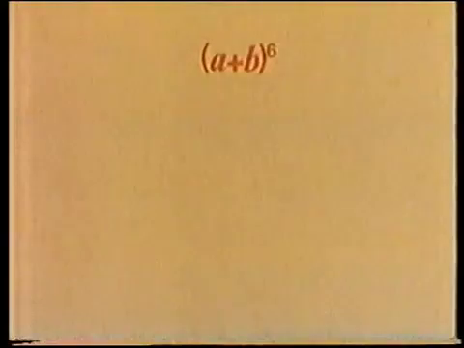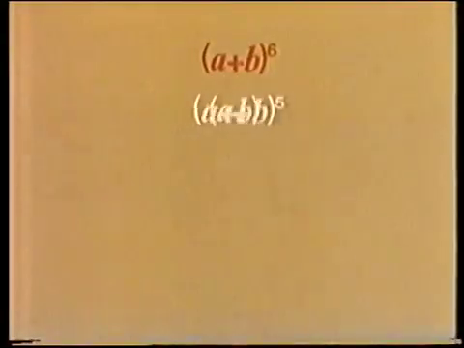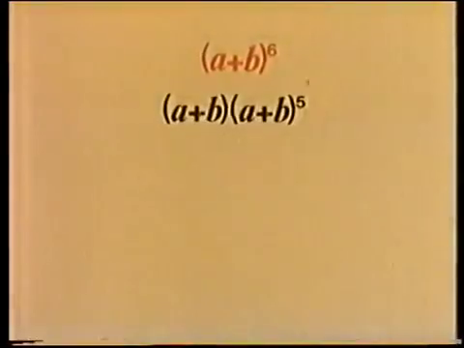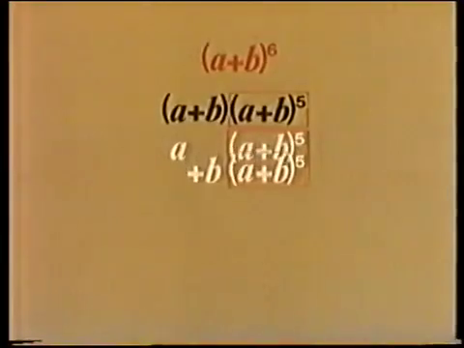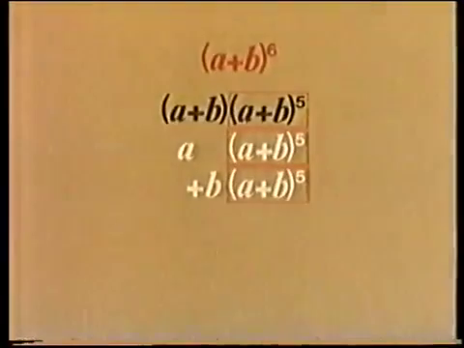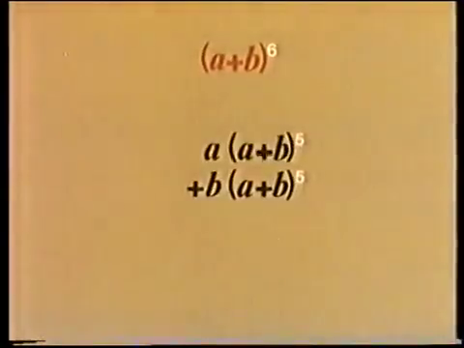A plus b to the 6th can be written in a rather different way, like this. We can split off one copy of a plus b and multiply it by a plus b to the 5th. Now treat a plus b to the 5th as a lump and split up the other bracket. We can write it as a times lump plus b times lump, and that gives us the 6th power in terms of the 5th,